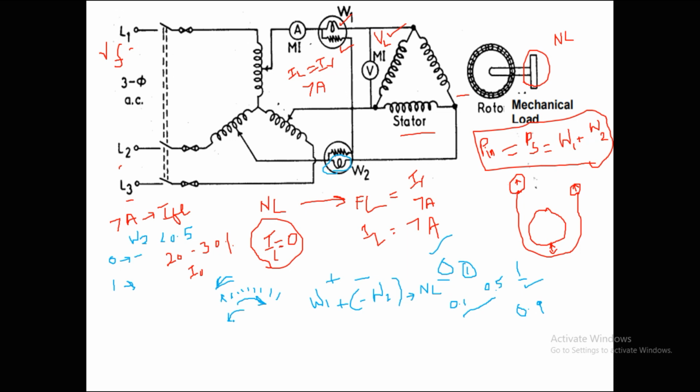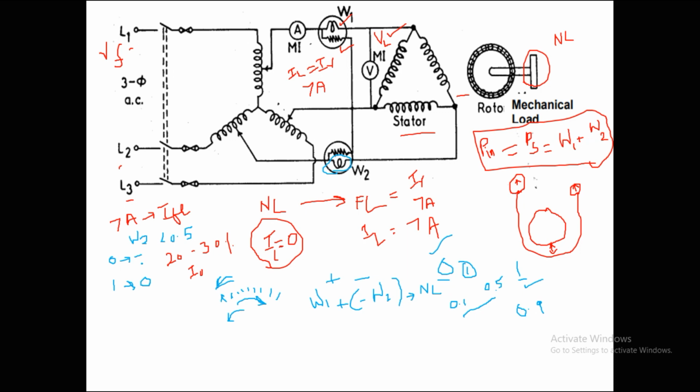So what we have to do is, again we have to turn off the supply, and again we have to interchange the terminals like what we have given already, and again we have to start doing the experiment. So again re-interchanging the terminals as we had earlier, we can have a positive deflection. At that time this wattmeter is going to read zero power, so the deflection is going to be at a zero value.